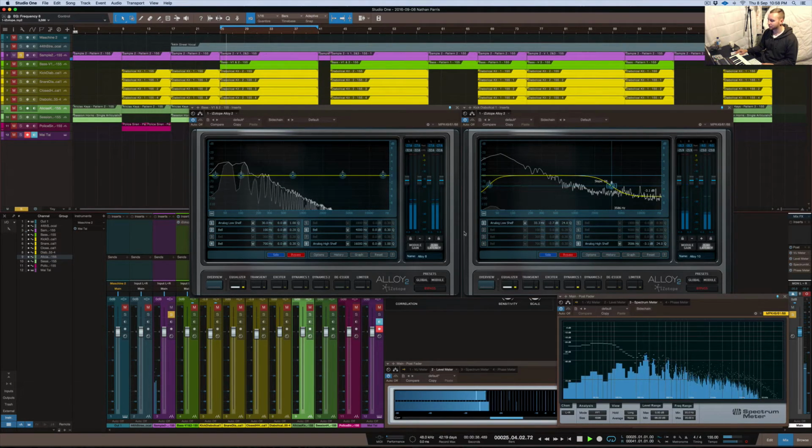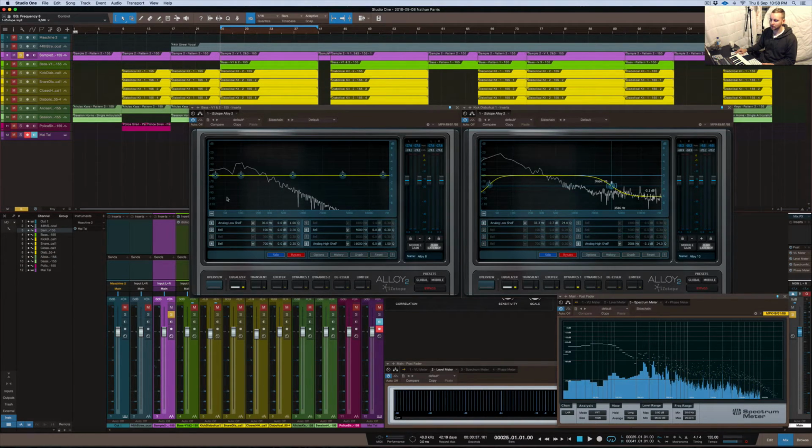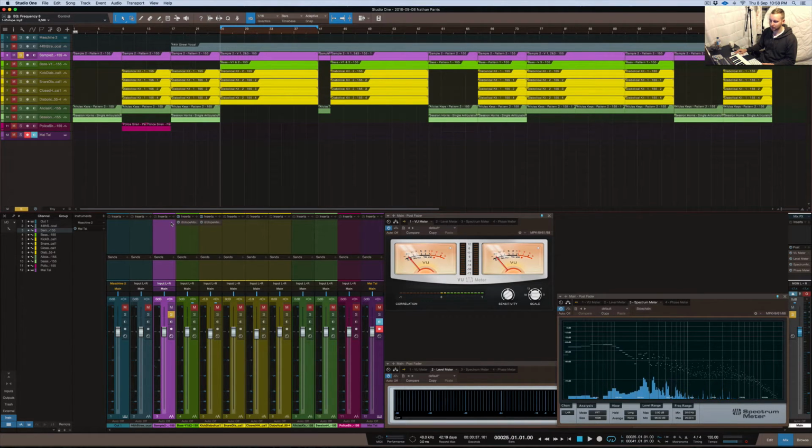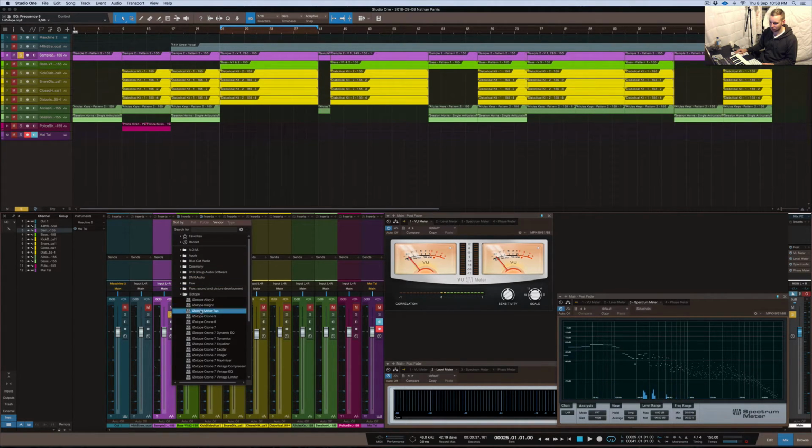And in this particular track, I have a lot of low end in my sample, so I don't want that to be overwhelming the rest of the track. So what I would generally do in that sense is just make sure that my EQ